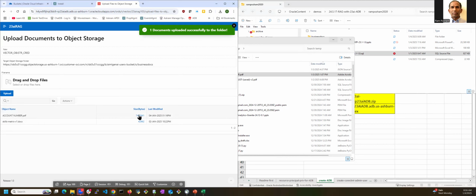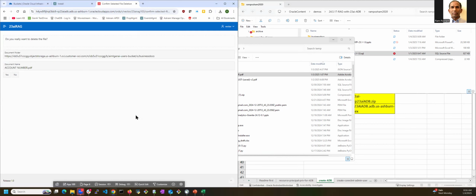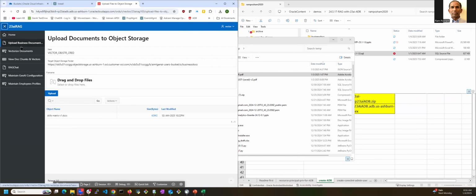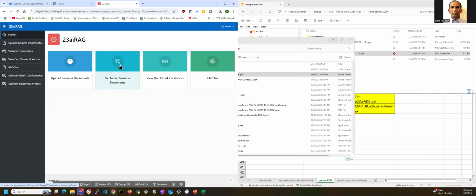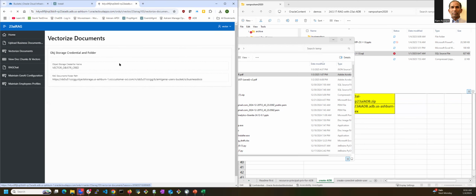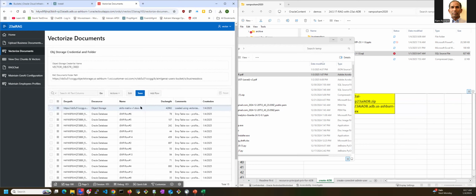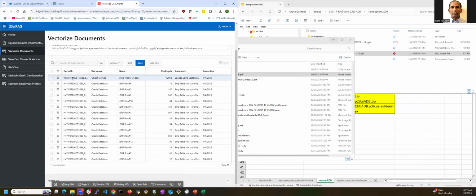Now, if you want to delete this, there's a hyperlink. I can click, and I say I want to delete this. Yes. So it's a very simple application. I thought I'd show you. So go back to this home page. Vectorize the documents. These are the documents that we already vectorized. You remember I executed a function to vectorize this document. But if you want to remove this, it allows you to